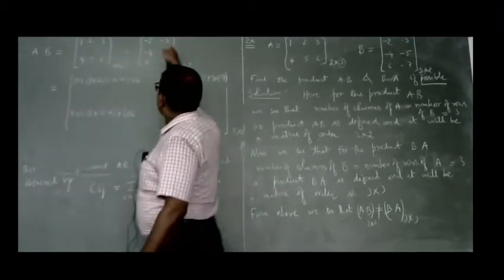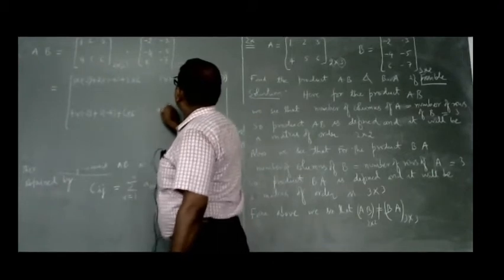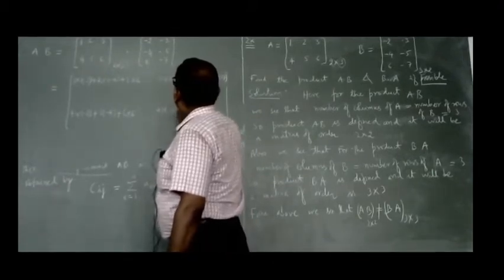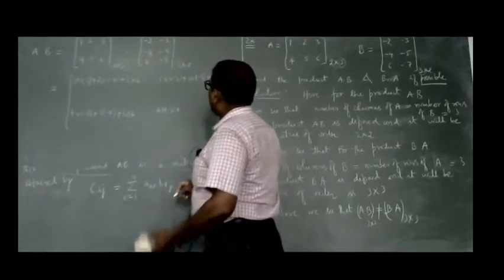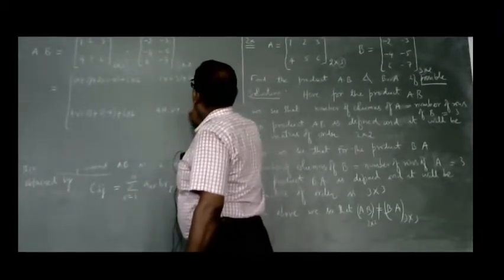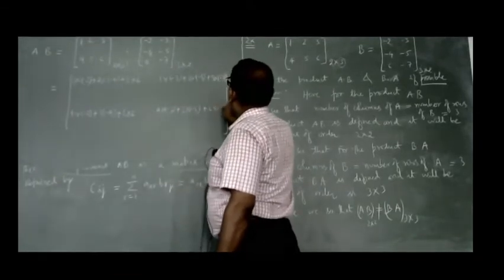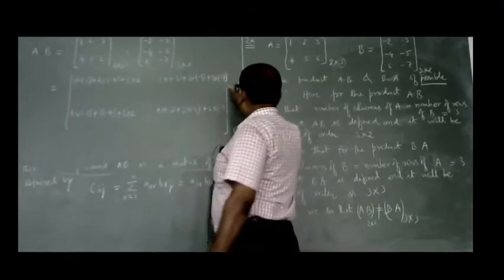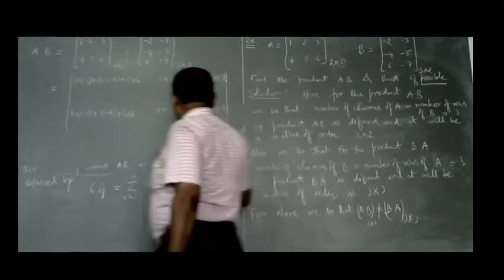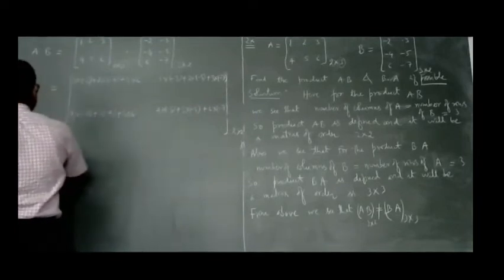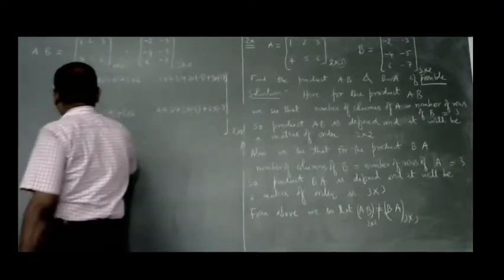First row is multiplied by the second column: 4 into minus 3 plus 5 into minus 5 plus 6 into minus 7. So we get a matrix of order 2 cross 2. And after simplifying this, you can get minus 2